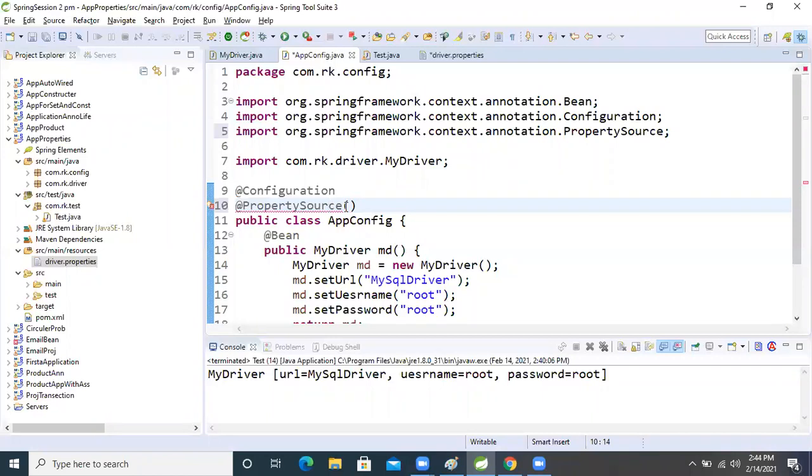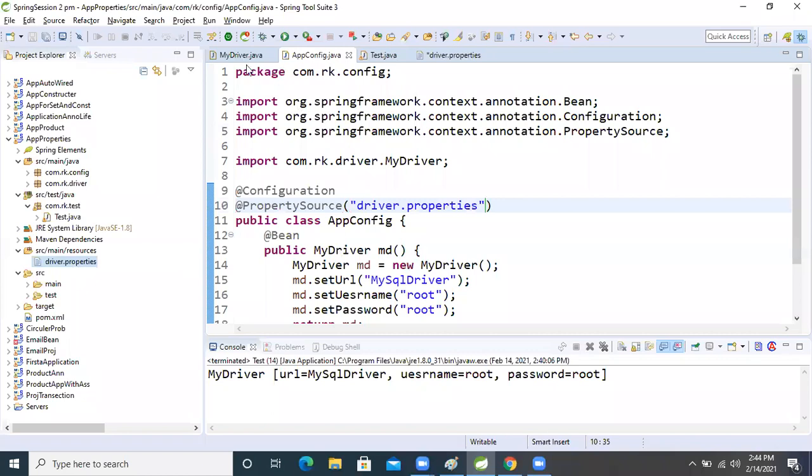So inside that we will pass this driver property, right? Driver.properties, right? We will pass this name.